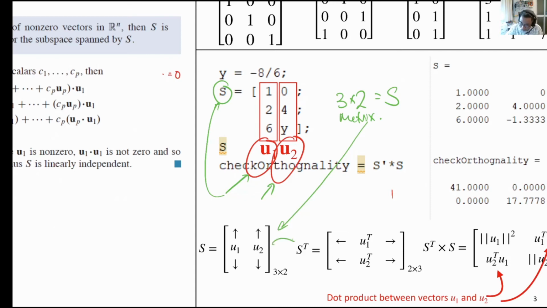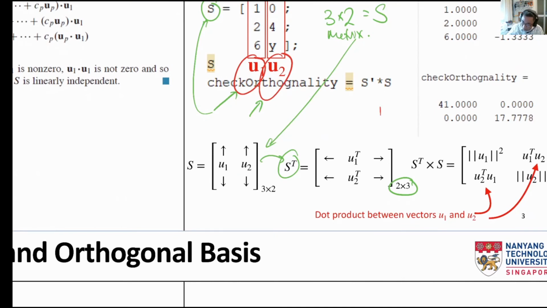We transpose S to get S transpose. Basically, we are rotating the vectors from columns to become rows. And here S transpose is a 2 by 3. What we then do is multiply S transpose S. So we are having a 2 by 3 matrix multiplying a 3 by 2 matrix. And basically, we are performing